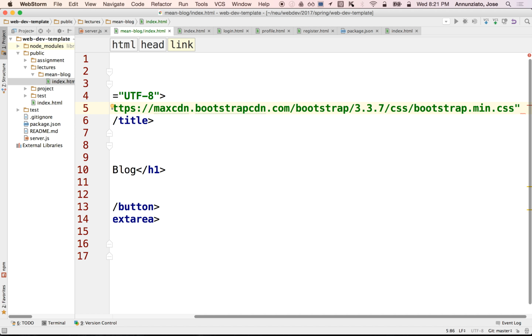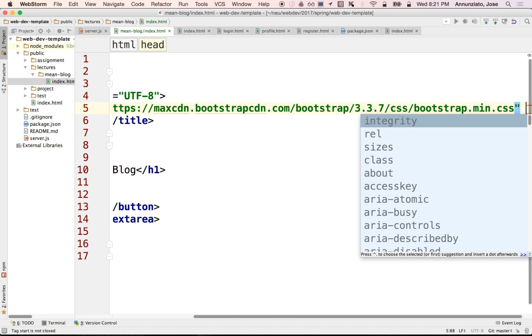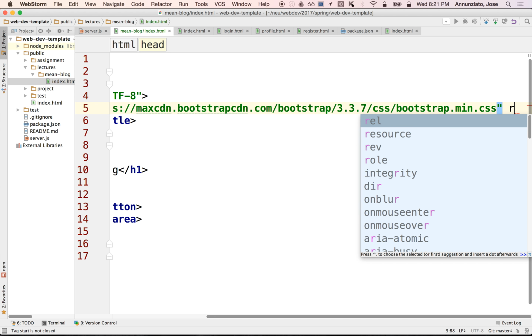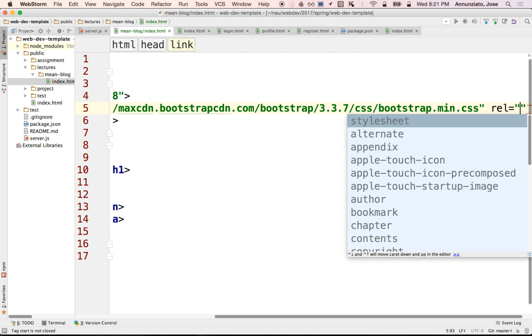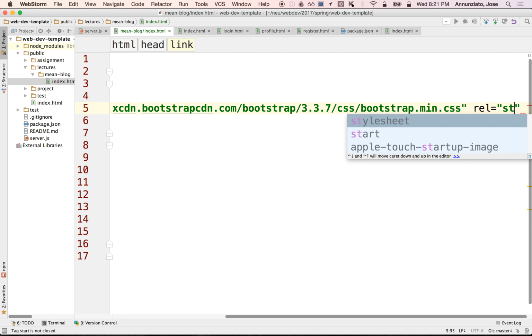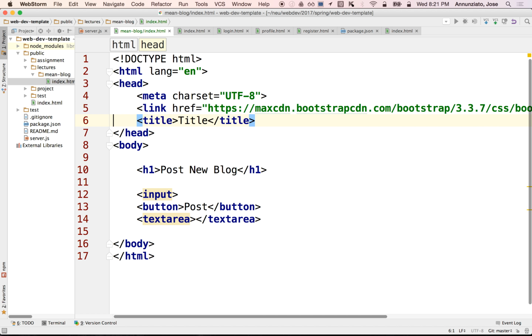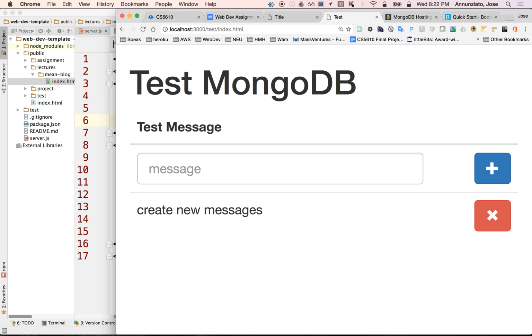Notice that it lives in some other server, right? Lives at this location, Bootstrap CDN. So some server is hosting this file. It's going to be downloaded locally, and I'm going to say that the browser should interpret this file, right? The relationship between this CSS file that is downloaded is that it's a style sheet. Okay, so this is a style sheet that will style my HTML document. Yes? Okay. So if I reload my page,